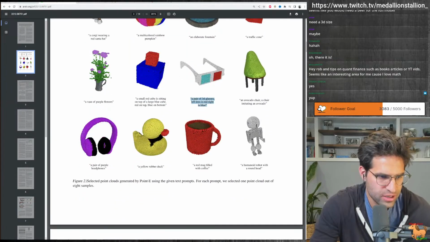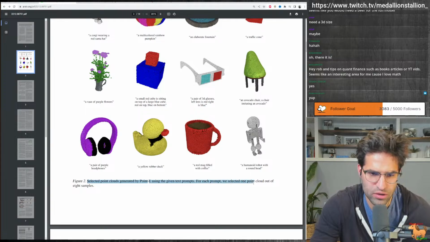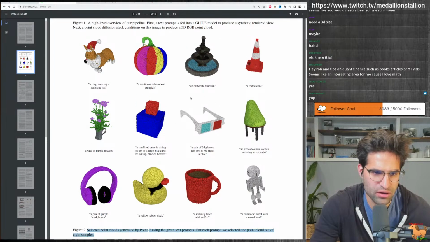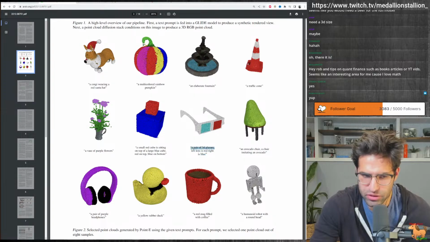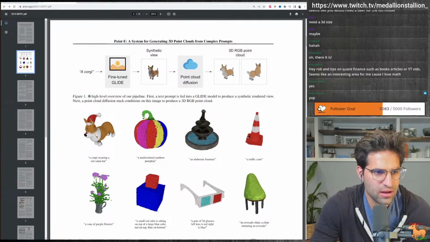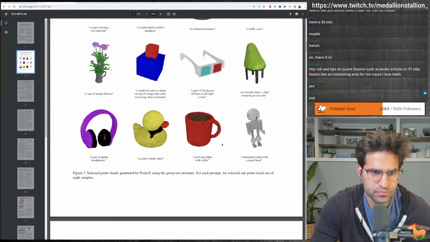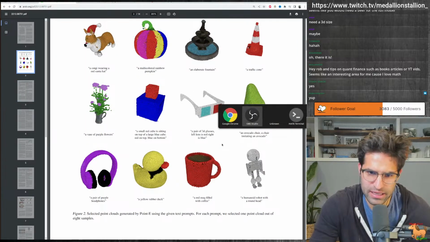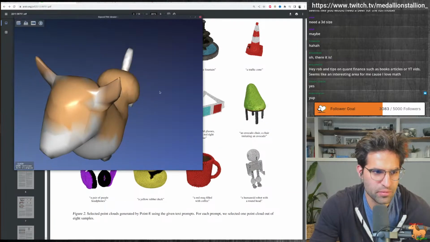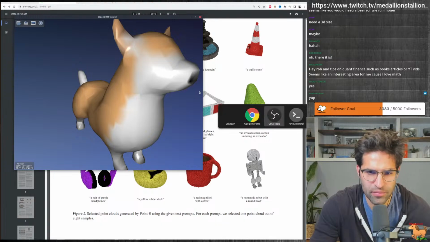So let's make sure: selected point clouds generated by Point-E using given text prompts. For each prompt, we selected one point cloud out of 8 samples. But you're not telling me that if I ran it 8 times, one of them would look like this. I think maybe it's because, this is my guess, that